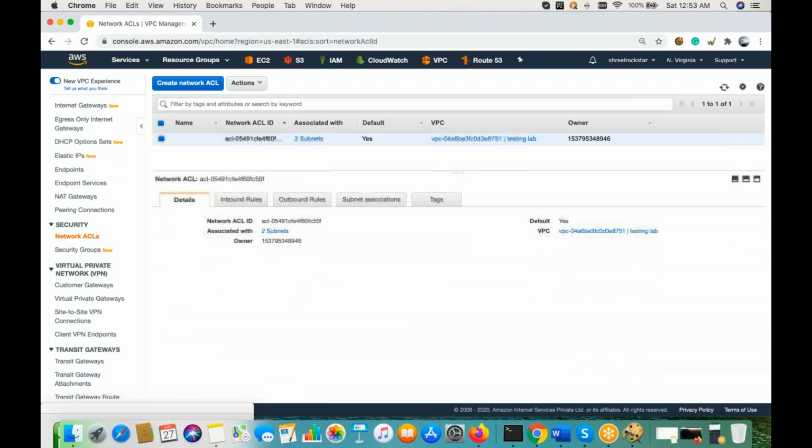NACL is a network ACL. Network ACL is a kind of advanced level firewall, which we get other than the security group. So guys, one is the security group, which we refer to for logical firewall restriction. Like you want to allow your port 80 from any specific location, or you want to allow port 22 to access SSH from your laptop only or from on-premises only, then the security group will be there.